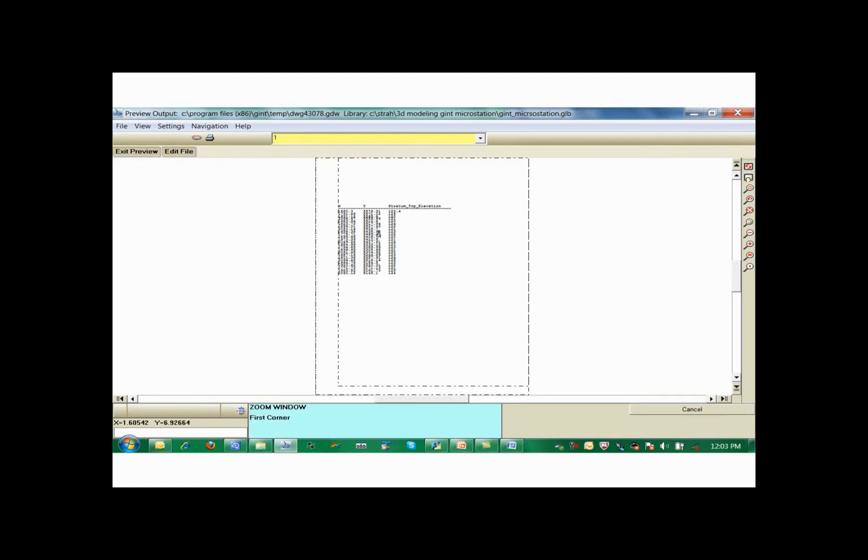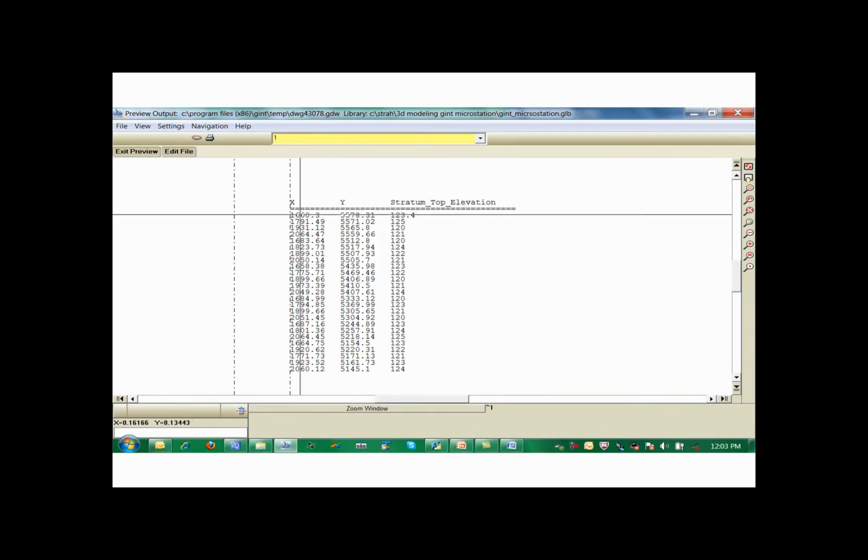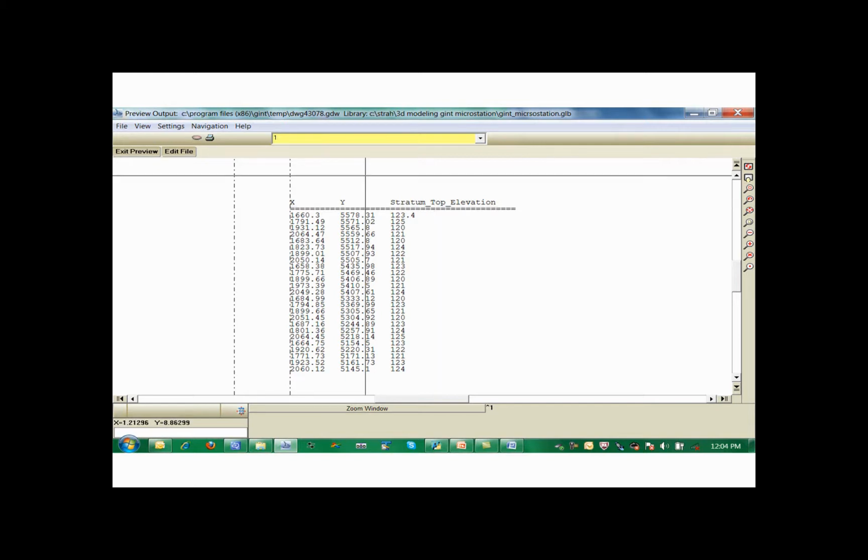In essence, this is a very simplistic report that gives us X or easting, Y or northing, and stratum top elevation. In this case, top of sand layer. Elevation of the top of the layer is calculated based on the depth of the layer and the elevation of the borehole. I'm going to exit preview